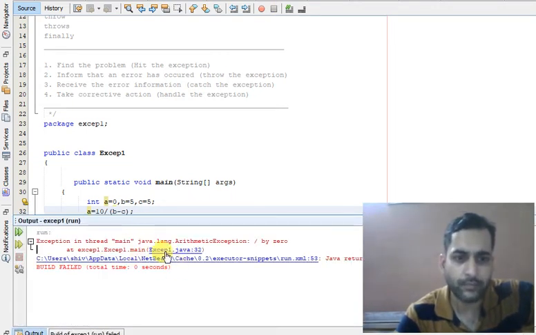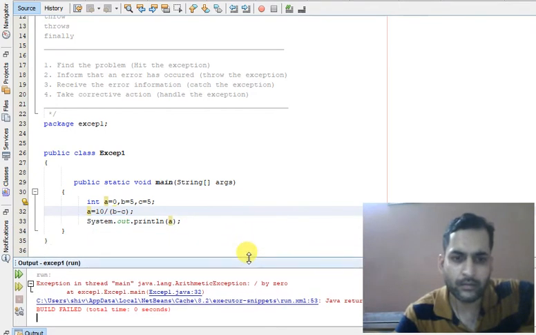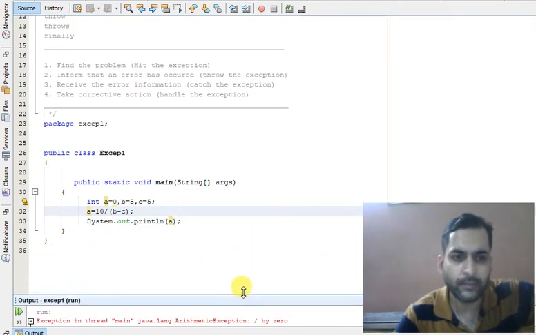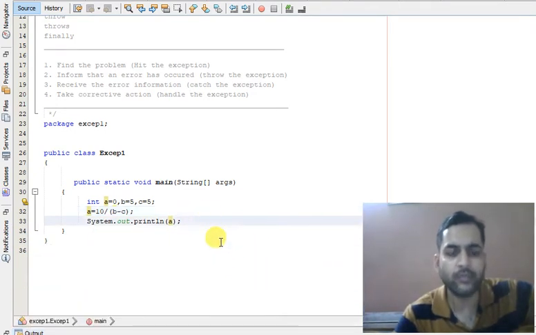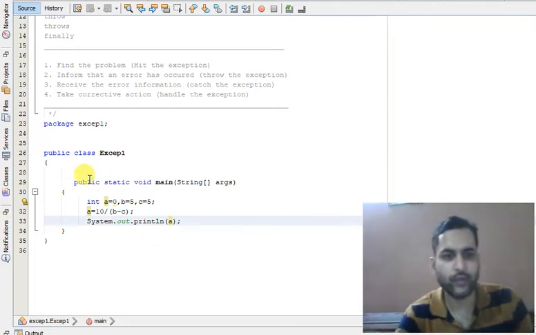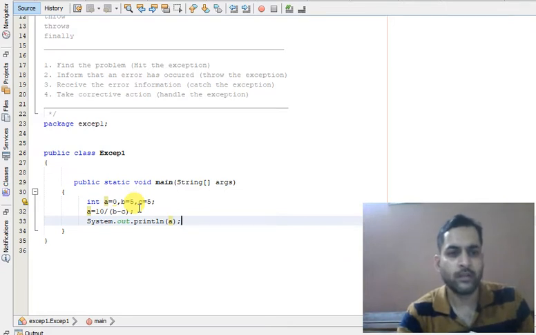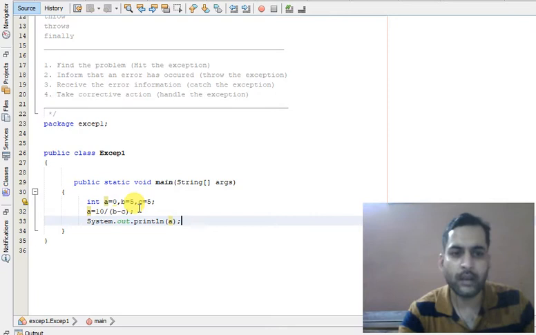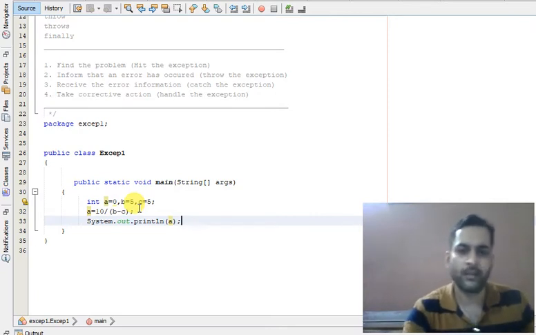You can see java.lang.ArithmeticException: divide by 0. Here it is worth noting that Java is not forcing us to handle this line or this exception. So this exception comes under the category of unchecked exception.